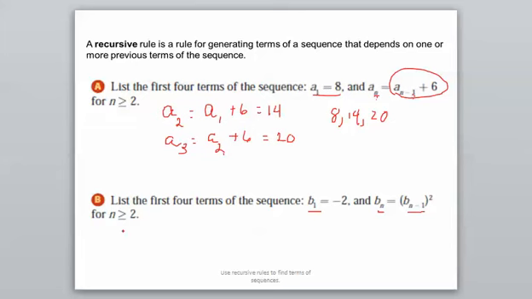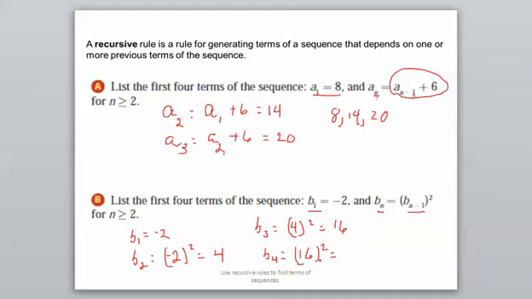So what we're going to do is say b sub 1 equals negative 2. b sub 2 is going to be equal to negative 2 squared, which is going to be equal to 4. b sub 3 is going to be equal to 4 squared, which is 16. And b sub 4 is going to be equal to 16 squared, which is, I don't know,